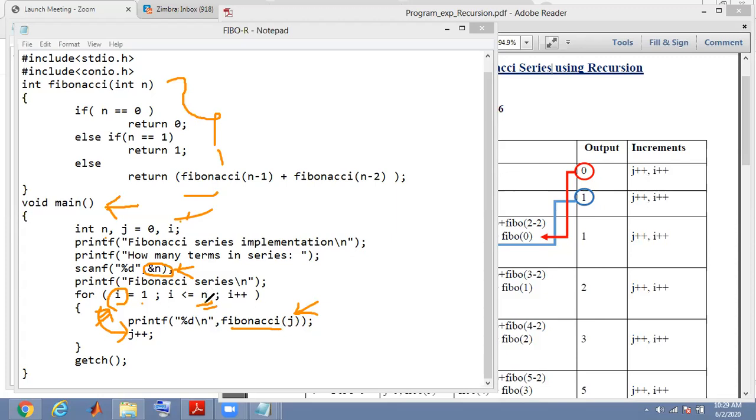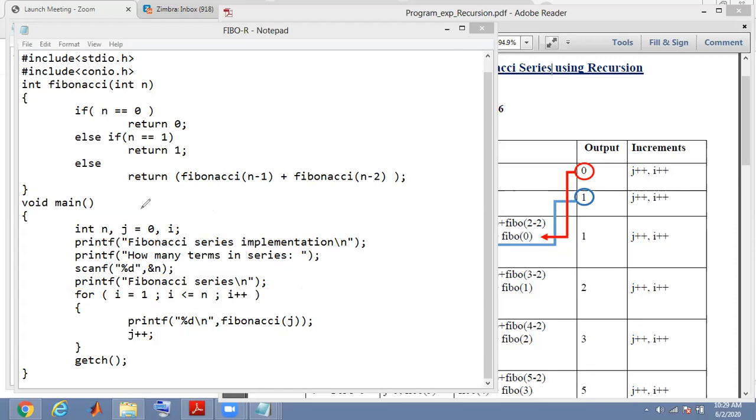Unlike the previous program, where we were calling the Fibonacci function using the value n, here we are using the value of n to control the loop. And we are just passing a new variable j inside the Fibonacci function, and the value of j has been initialized with 0. That is passed to the function Fibonacci as an input. For i equal to 1, we will go there.